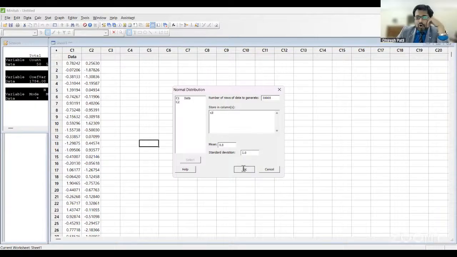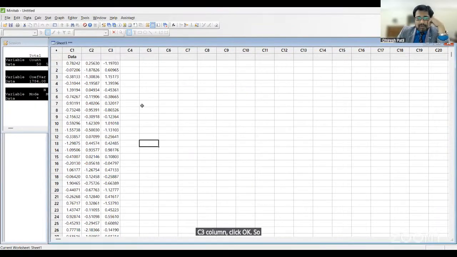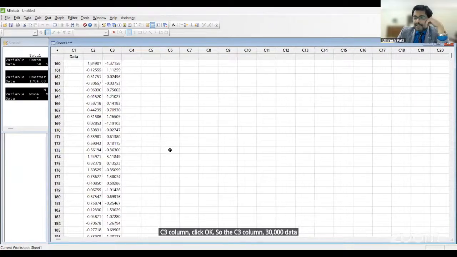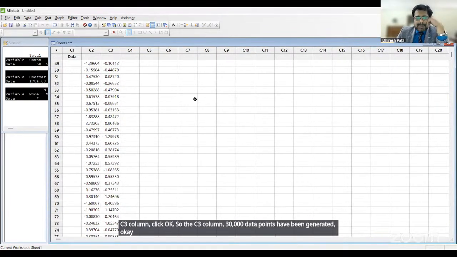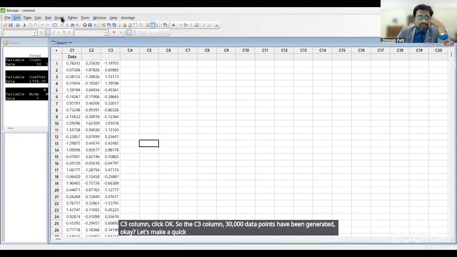C3 column, I click OK. So in the C3 column, 30,000 data points have been generated. Okay, let's make a quick histogram out of it. Let's go to Graph,